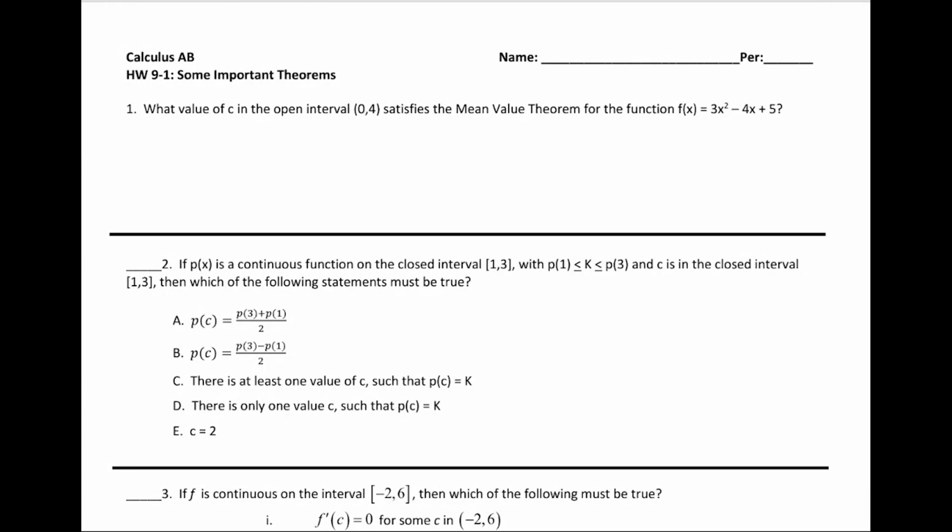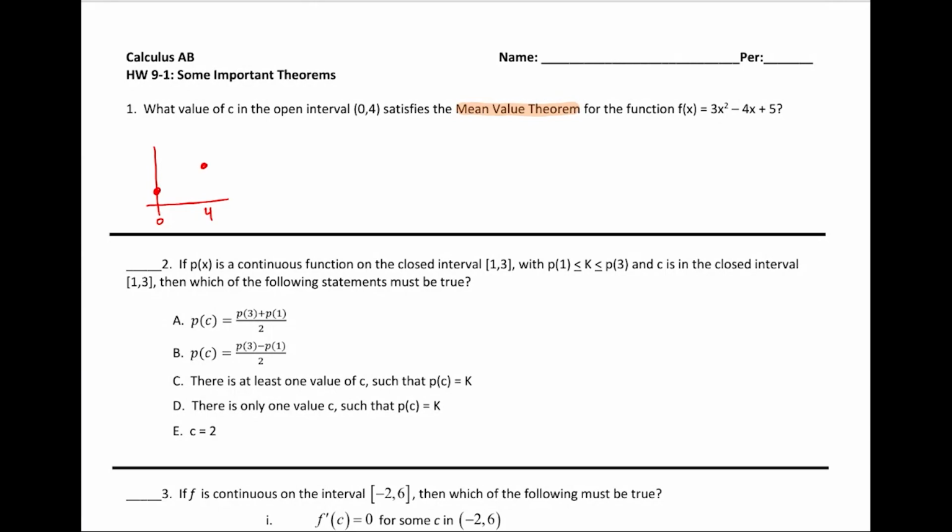So number one says, what value of c in the open interval of 0 to 4 satisfies the mean value theorem for the function f of x equals 3x squared minus 4x plus 5. So the mean value theorem basically says that if you have an interval and your function is continuous, which this one is, all polynomial functions are going to be continuous, from 0 to 4, the value of the function at 0 and at 4, and we'll find out exactly what it is,